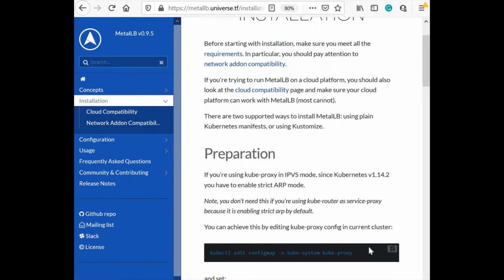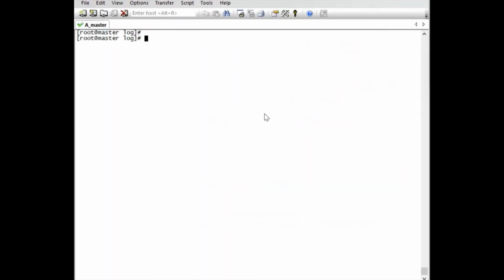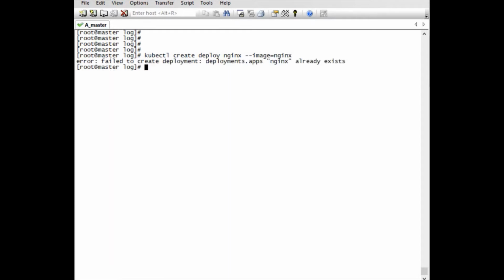Before installation, let's create a deployment and see if an IP is assigned automatically or not. kubectl create deploy nginx --image nginx. Okay, we already have one deployment.